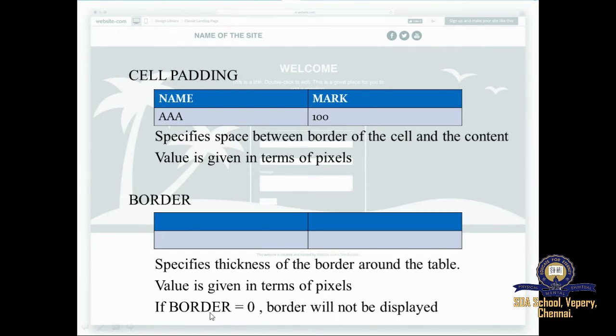Whenever you specify border equal to 0, the border will not be displayed. That is, the dark lines will not be displayed, only the cells alone will be displayed without any borders. So you have to specify some border value, like border equal to 1 or 2. If you specify it, then only the border will be displayed.